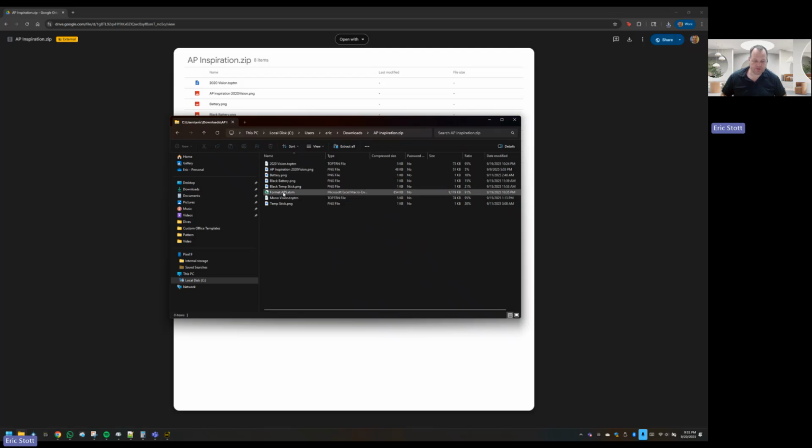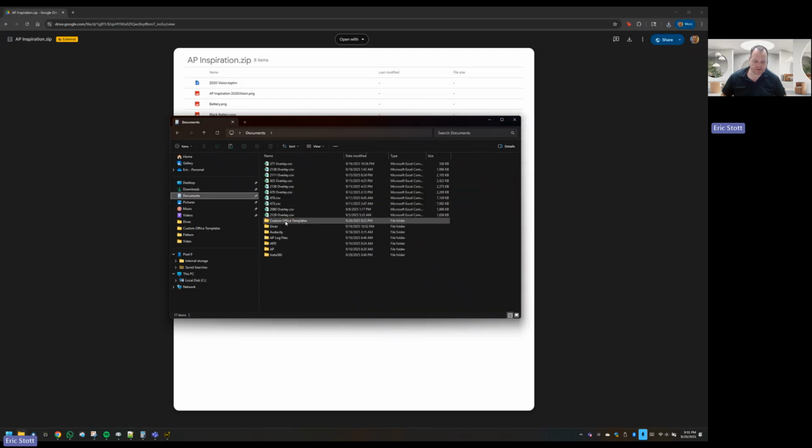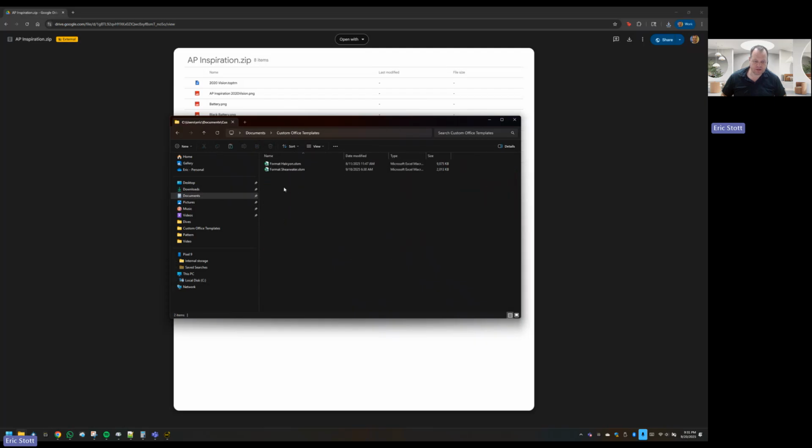The first thing we'll do is go to the Format APS and copy that, and go to our Documents directory. In there, there's a Custom Office Templates. Go ahead and paste it in here. Yours probably won't have anything there. Once you do this, go ahead and double click the Format APS